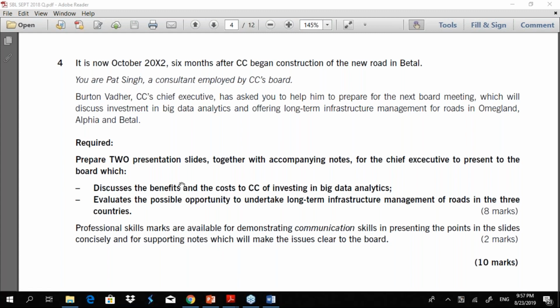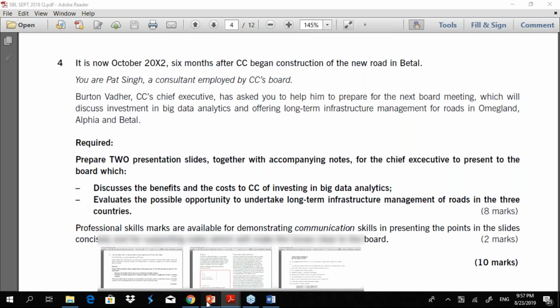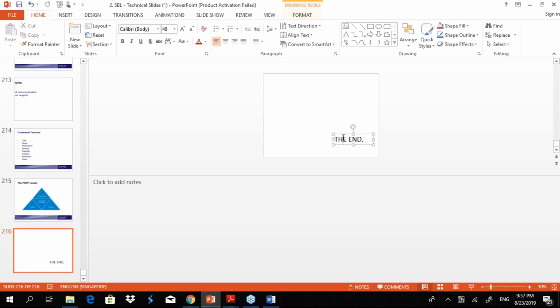And he is the one who's going to present it to the board. So for example, in a slide, let me just type a point. Let's say risk management would increase shareholder confidence.